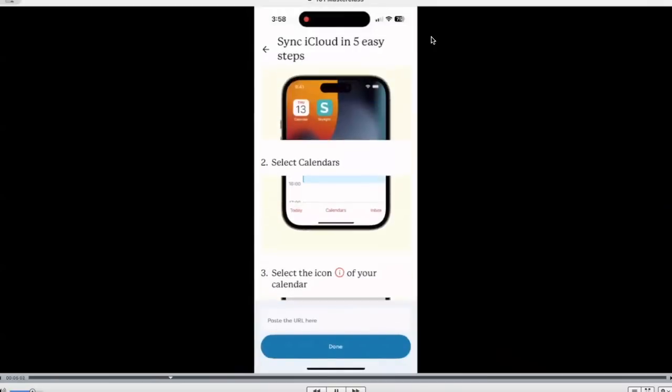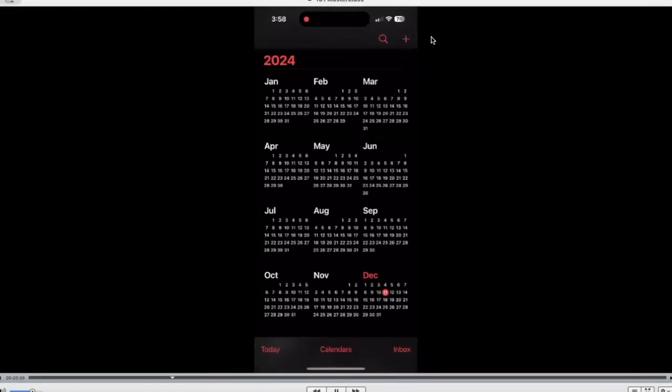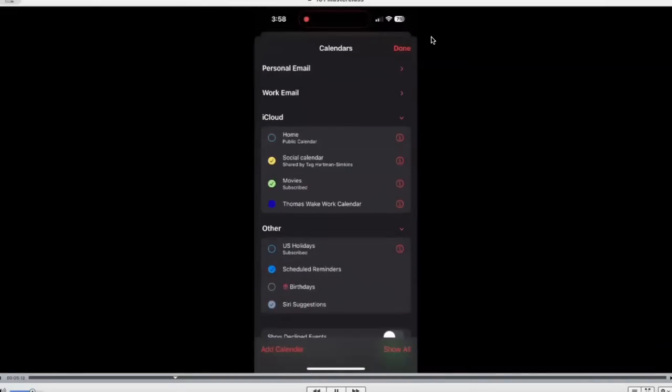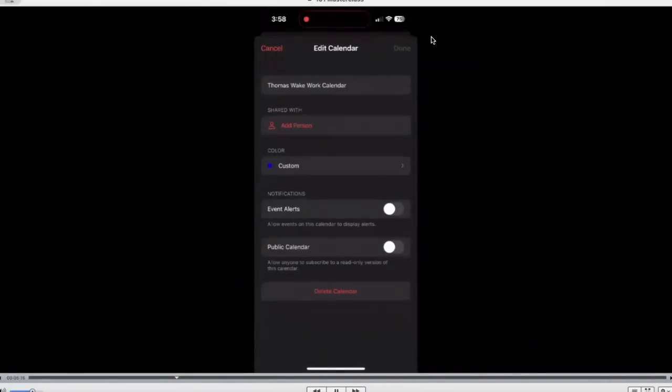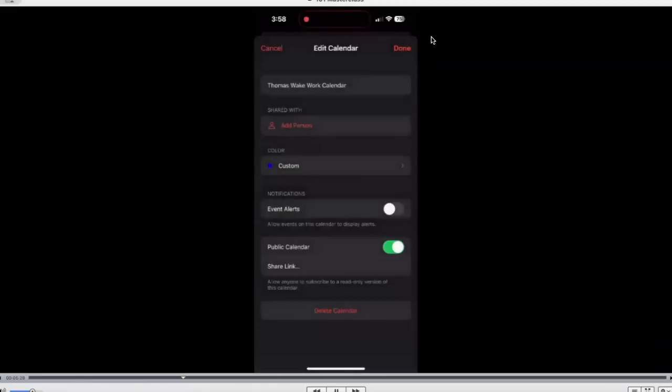You can see here we do need a public link. So what we will do is we'll open our calendar app in our iPhone, click calendars, and we'll see all the calendars on our phone. We'll click that red eye, and then it will bring us to a screen where we can toggle public calendar. When we turn that on, it will create a shareable link that we can copy and paste into our Skylight Calendar app. We'll click Share Link, we'll click Copy, and then we will close the calendar app and reopen our